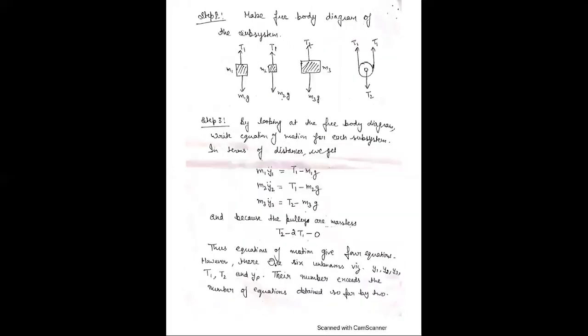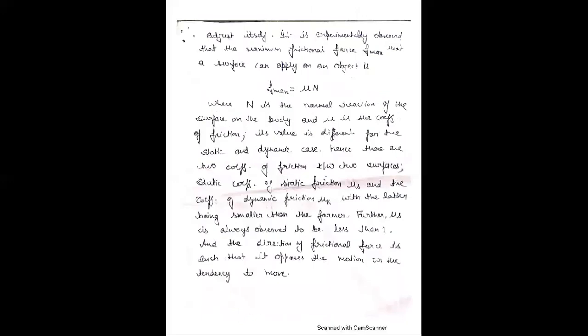The second constraint is that rope R2, the second rope, has a fixed length. Therefore, this is another constraint. Here yp is the height. If we take yp minus y3, then we get the length of the rope R2. yp minus y3 is equal to a constant. Differentiating this, yp double dot minus y3 double dot is equal to 0.